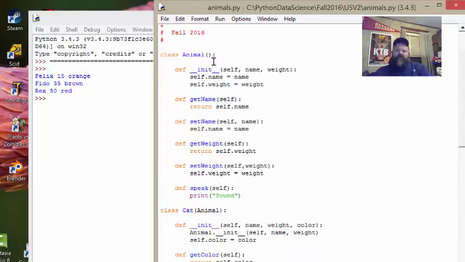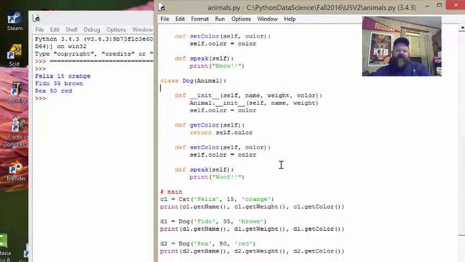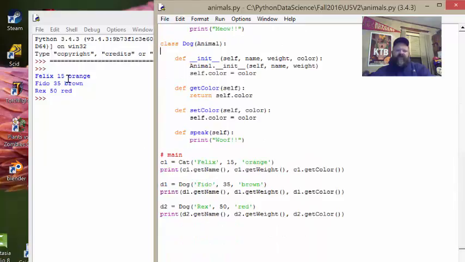So the dog went up here and found get name and used it from Animal and ran things that way. You can see Felix 15 orange, Fido 35 brown, Rex 50 red. You can see all our parameters being spit back at us, okay? Now,